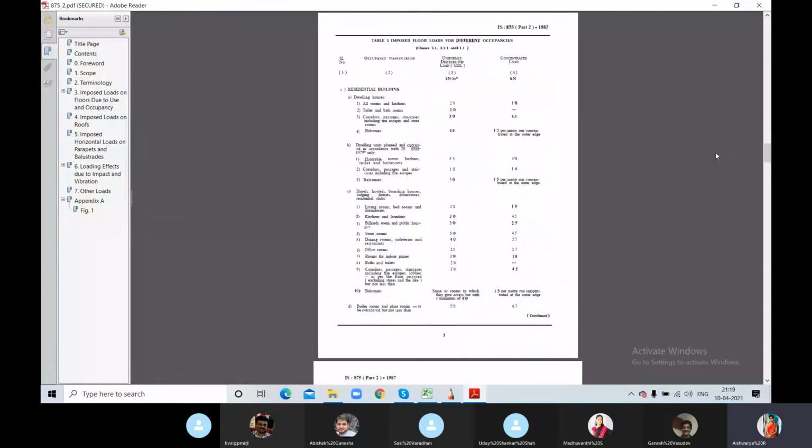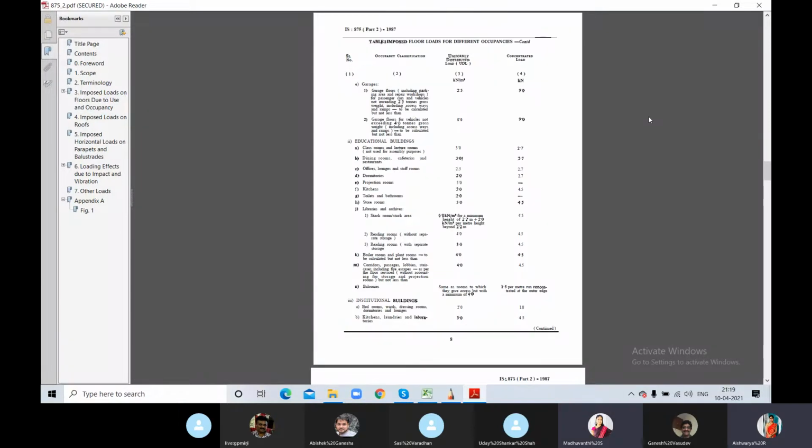This was the introduction. You can see that it has residential building. In residential building, it also includes houses, hotels, dormitories,